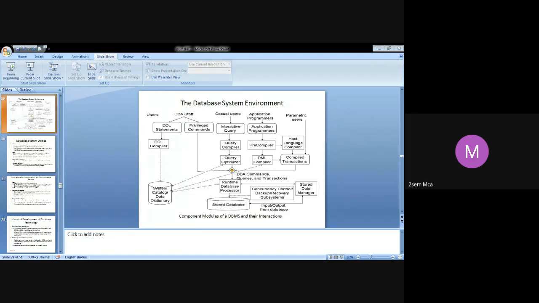Right. Next, we move on to database system utilities. What is a utility first of all? Most DBMSs will have database utilities, which are going to help the DBA. The DBA is the main person in your DBMS, but the DBA cannot work all alone. He needs a lot of other utilities. So what is a utility? Something that is going to help the DBA manage the database system. When you provide utilities, these utilities should be able to provide some kind of functions. So what are the common functions that these utilities can provide?